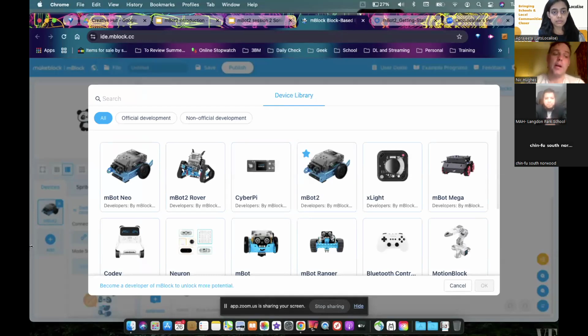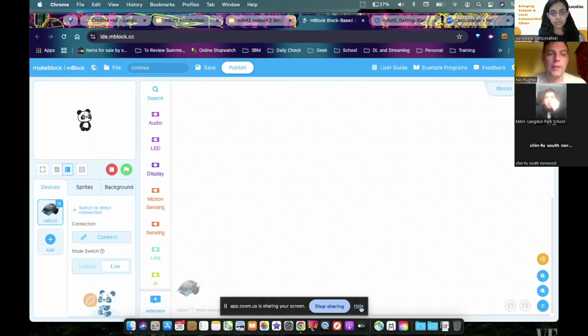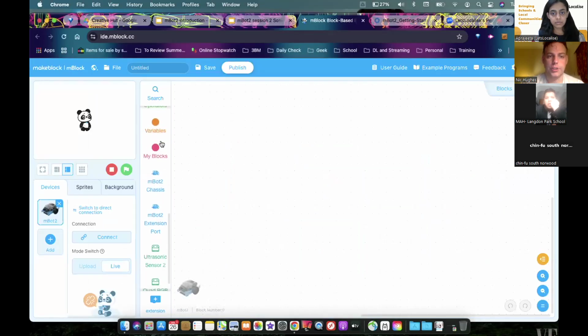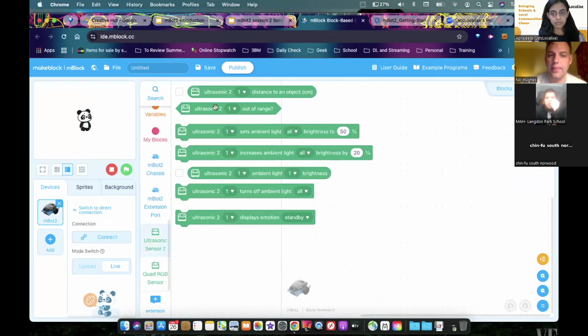You either have to go into the little plus I've just shown you, go to the site, go to MBOT 2 to load the MBOT specific blocks, because all the sensors and the motors are in this section as well. So I would always star it to make sure it loads all the time. If you scroll down, you'll see lots of familiar blocks to do with Scratch, but down below there's ultrasonic sensor, and these blocks are specific to what the ultrasonic sensor does.